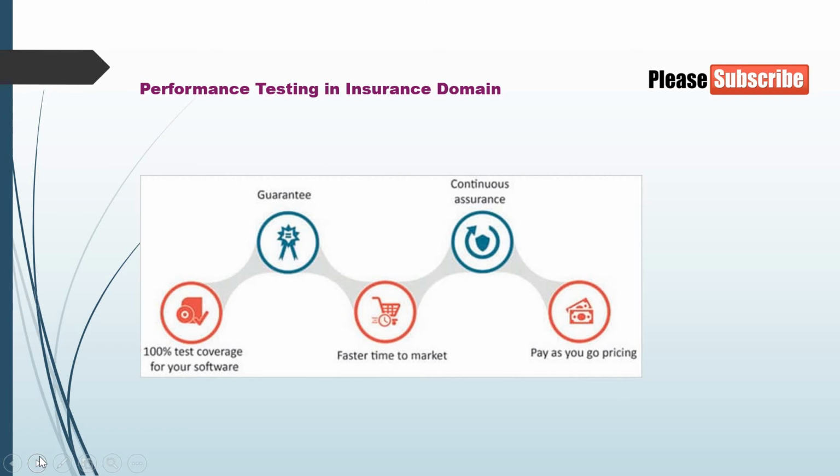There are critical areas like claim management, policy admin, and member or broker front-end applications on which the maximum transactions or activities are carried out. So we need performance testing there. There are various activities like multiple claim processes, multiple policy renewals on the same day, and broker applications submitted continuously through the front-end application. So it is important to test if the server is responding appropriately or not.